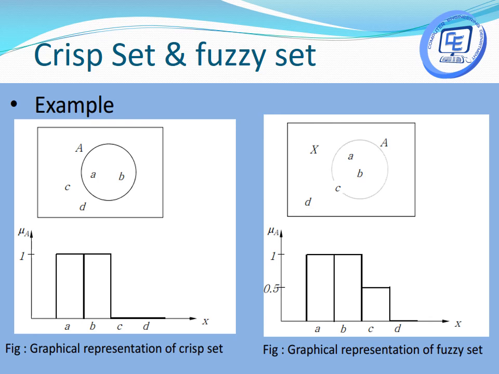Another example we can have is if we say my laptop is very heavy, or the person is running very fast. So what do you mean by heavy? What do you mean by fast? The cloth is very dirty or the cloth is very clean. What is the value of dirty? What is the value of clean? What is the value of fast? What is the value of heavy? All these have meanings or values that vary from person to person.